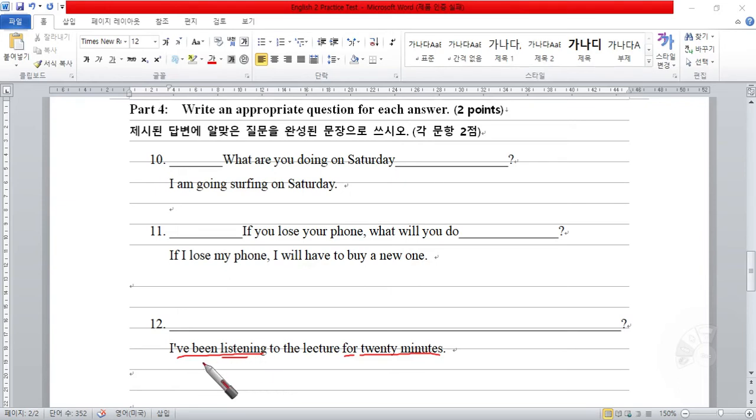So what's the question? We're given an activity, so maybe they're asking what. That could be possible. What have you been doing for 20 minutes? I've been listening to the lecture for 20 minutes. So that's a good answer. Let's do a better answer and find out something else. Instead of asking what, it seems to me the focus of the answer is on the time. It's a period of time, so I'm going to ask a how long question, which would answer this, for 20 minutes. So how long? You have been